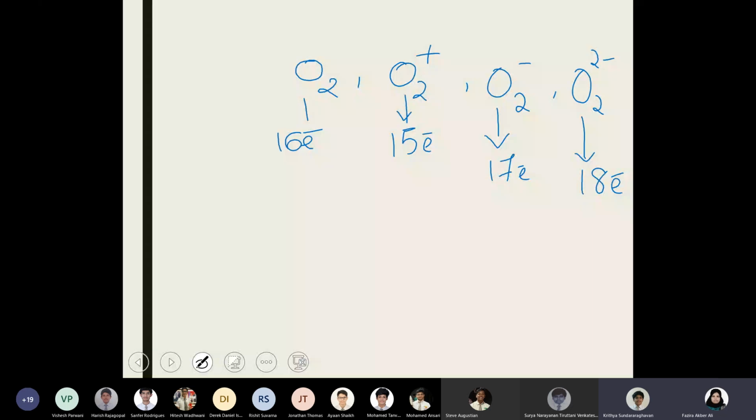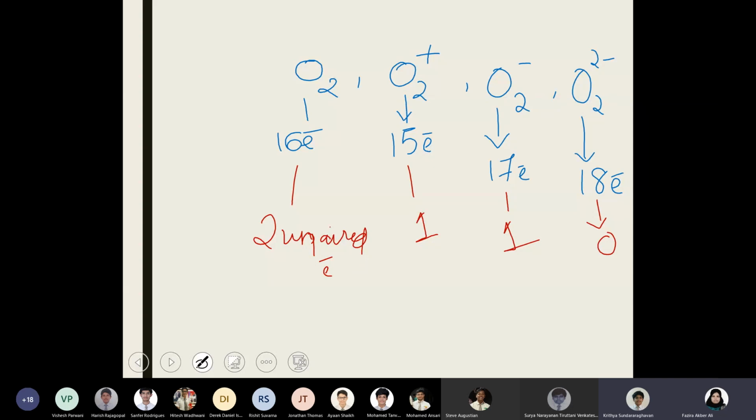Ma'am, more unpaired electrons means it's more paramagnetic, right? Yeah, so here we just now found that in normal oxygen there were 2 unpaired electrons. Okay, so O2 minus will have 1, right? And here also you will have 1, and here you will have 3. Sorry, here you will not have anything because it might have paired up by the time it reaches 18.